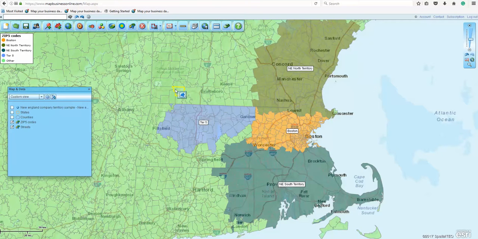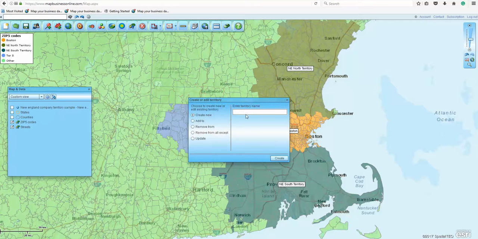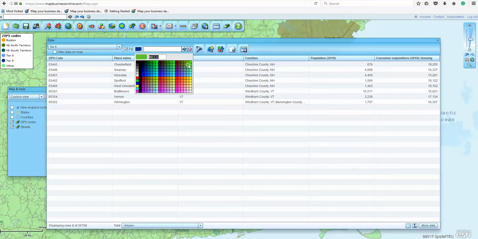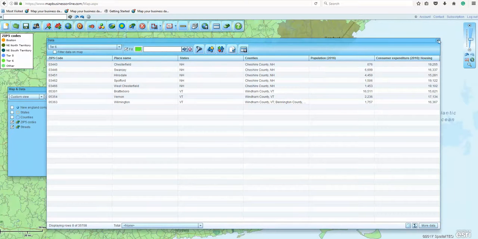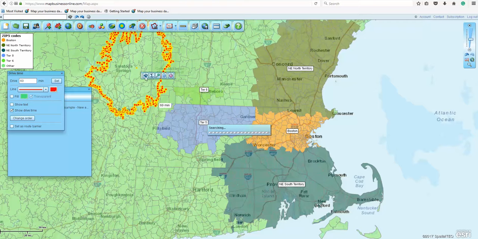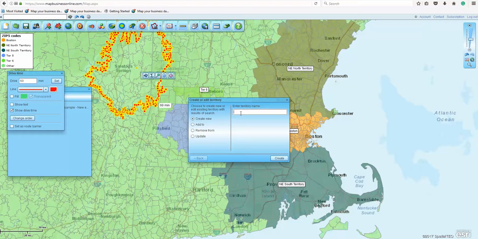It's also another way that you could create a territory. So you can go in and grab zip codes holding down that shift key until you've got all the ones you want. Again, name that territory. There's another territory. In that case, I'll make it bright green. And you've got the ability now to actually go in and use a drive time polygon as well. So drive time polygon set anywhere on the map could be set to reflect an area of a 60-minute drive time in all directions. And then again, you can use that as a way to query the zip codes and